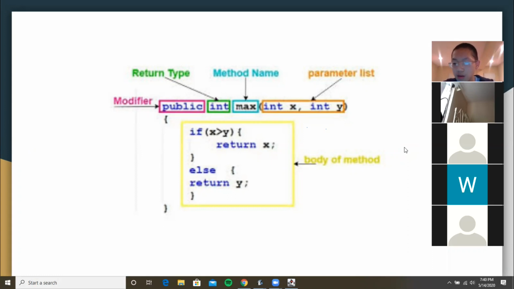And returning, what does returning mean? Returning is returning an answer. For example, if the method wants to add two numbers together, I would return a plus b as the sum of the integers that we add together, and that's the purpose of a method. But I'll be going over that more precisely next meeting.